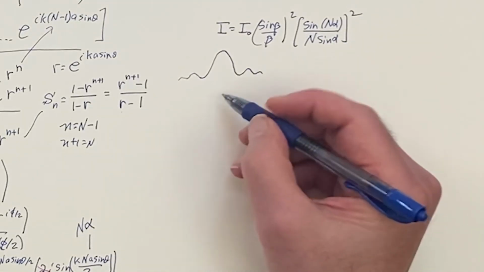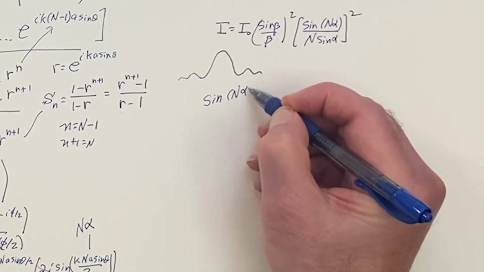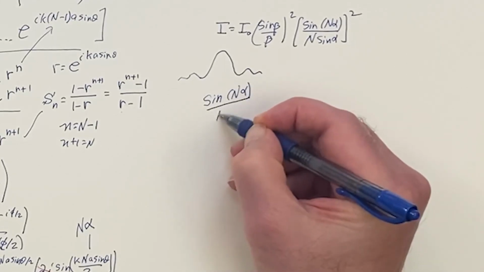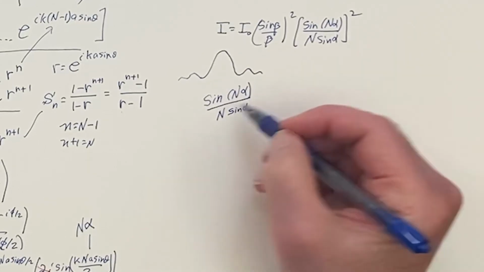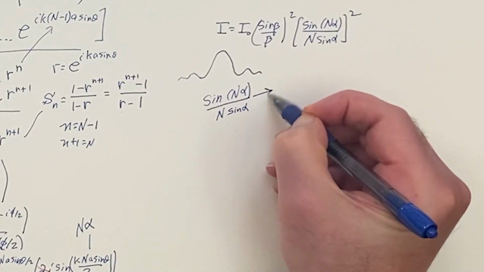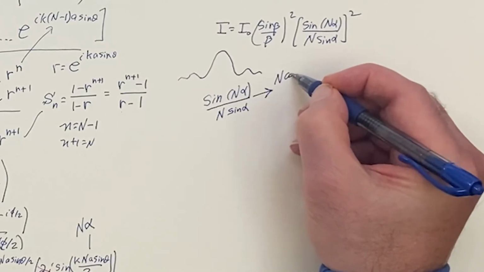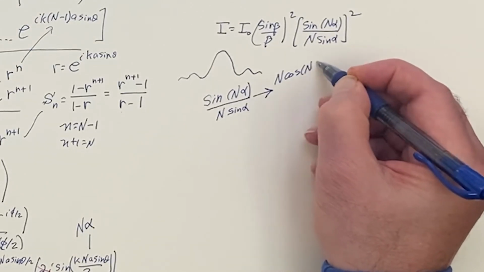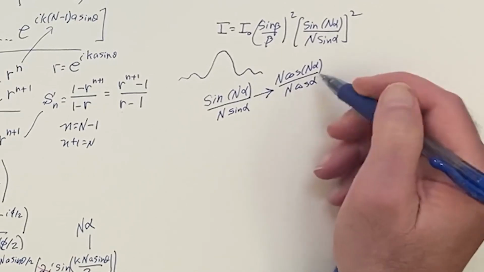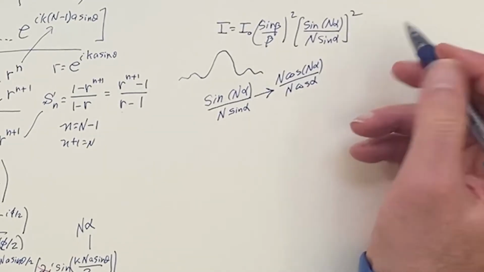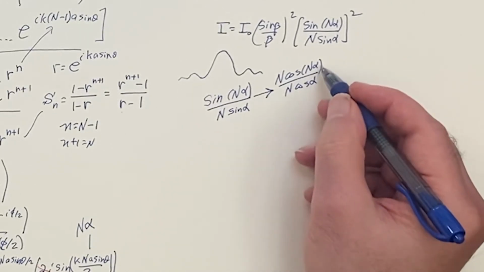And here, this is interesting because your sine of n alpha over n sine of alpha, if you use L'Hopital's rule on this thing, you're going to get n cosine of n alpha, and then n cosine of alpha. Now we did that when alpha was 0 and got our max, we got 1. But guess what? If the